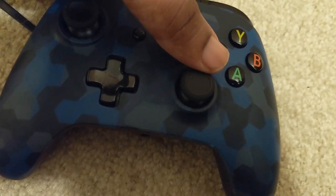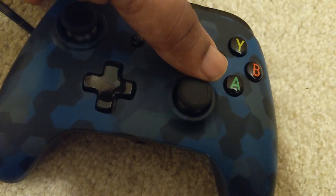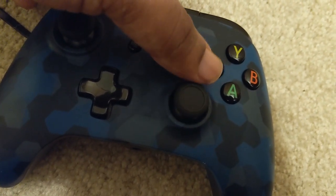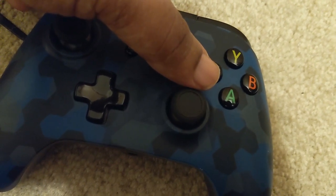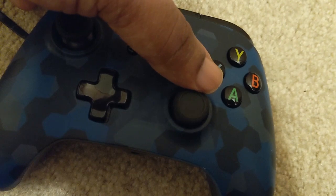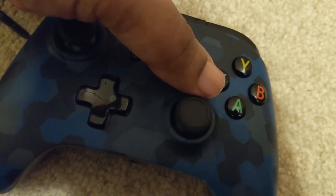So if your controller hits like this, it's too fast. Your controller has to come down like this in order for it to be a good shot. So if your controller comes down like this, you're too fast. Once it hits the bottom, you're too fast. So that concept made me realize if I